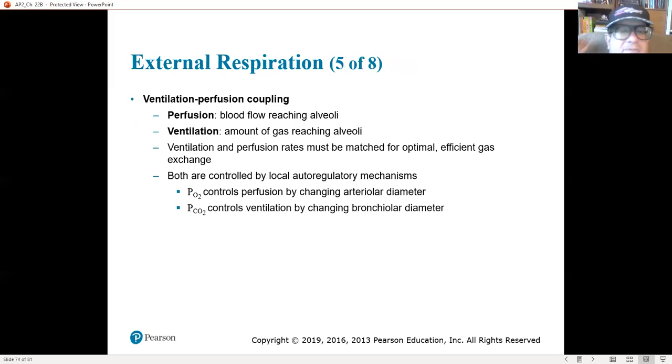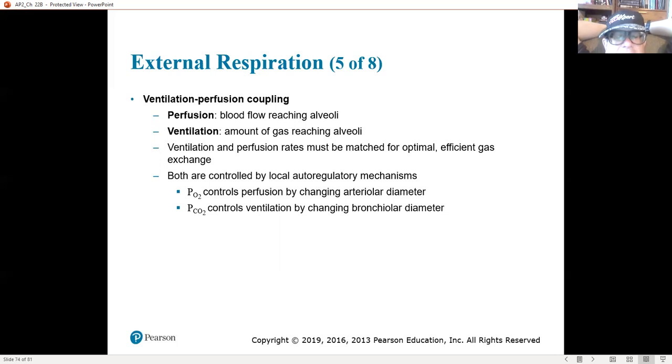All right, so now let's talk about ventilation perfusion coupling. You want to send the blood and the air to the alveoli that are working best. So perfusion is the amount of blood reaching the alveoli. Ventilation is the amount of gas reaching the alveoli. We've got to match those up for optimal gas exchange. So both are controlled by autoregulatory mechanisms. The partial pressure of oxygen will control